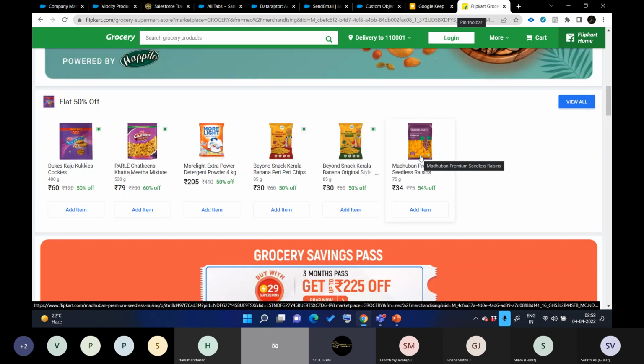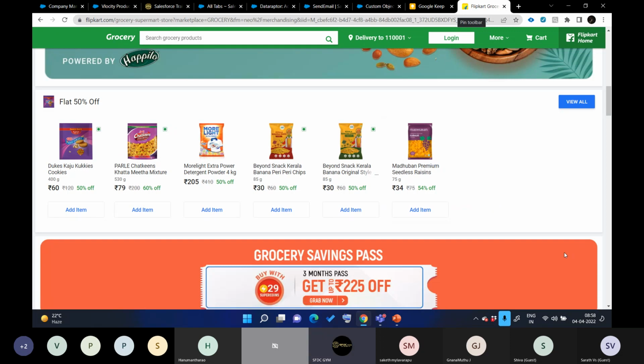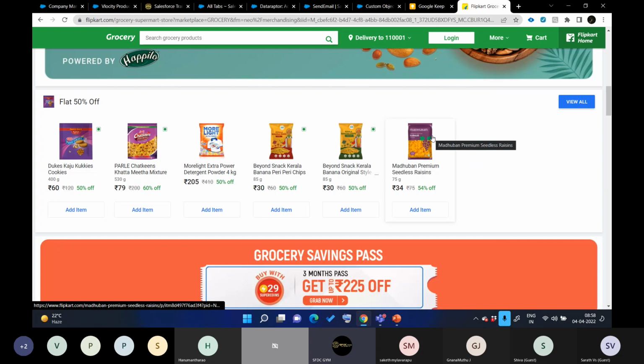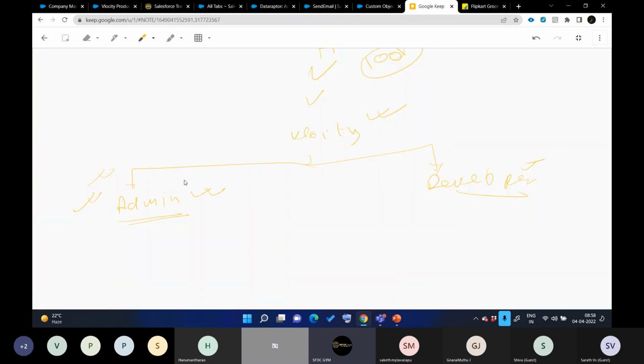Let's say once the user clicks on the order button, then we need to configure so many rules. Those rules basically tell what set of things we need to run. So all those things require so much business knowledge, and you also need to join business calls with your customers where they will tell you something and you need to follow up on that, and tell them, hey, we can simplify this with the help of those features. So for this type of discussion, if you're good in admin skills, then you need to go for admin parts.